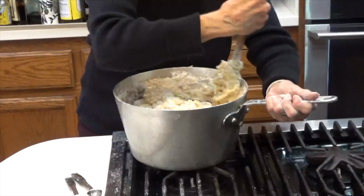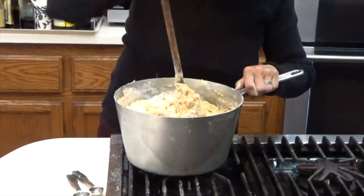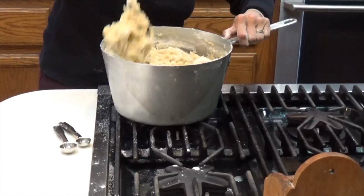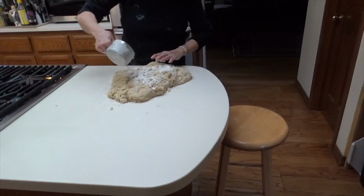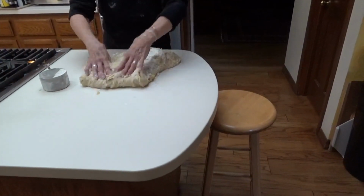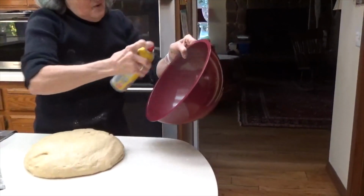Okay, now it's a very, very soft dough at this point, but I can assure you that there is a lot more flour on the bottom of this, which I'm going to knead in. So I'm putting a little more on top because it's a very wet dough. So it's gonna eat up more flour. I'm gonna spray